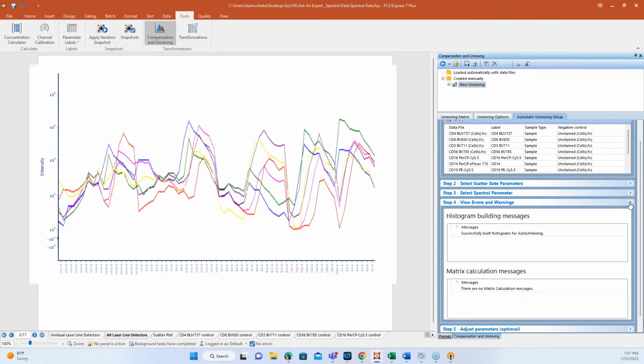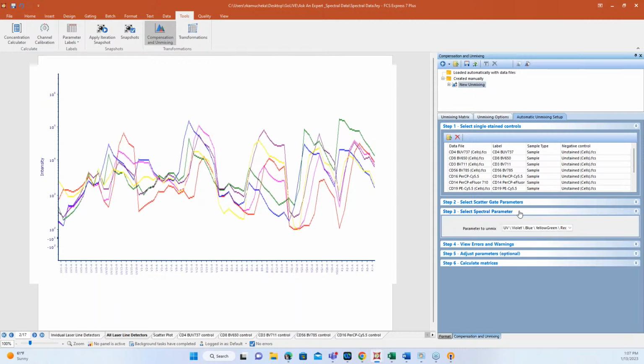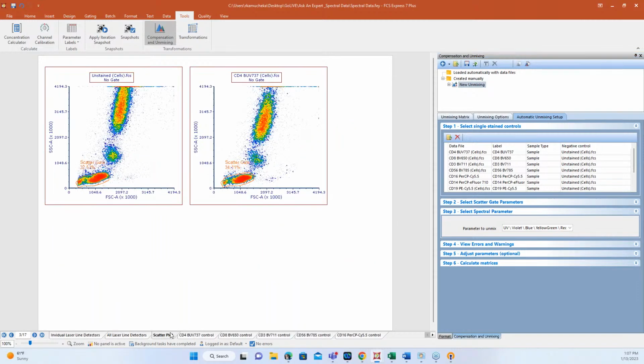Yeah, I think the other really great thing about this, like with compensation, is that if you have mixed media type samples going on, so you've got some beads, you've got some cells, it's really super easy to add all the controls for those and to do all of those in one unmixing experiment. So no need to be intimidated by that either. The wizard makes it really easy.